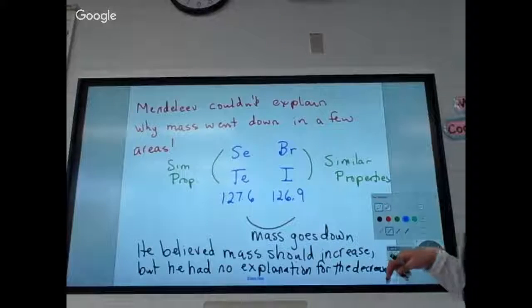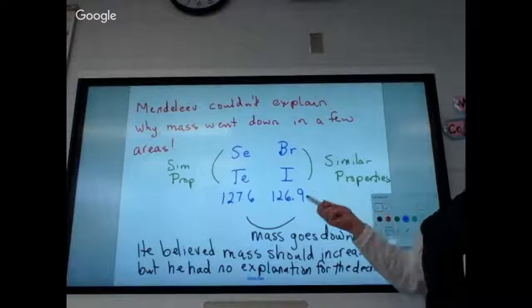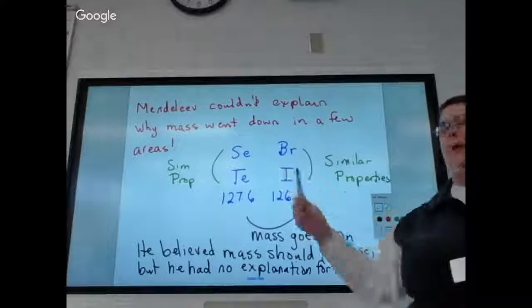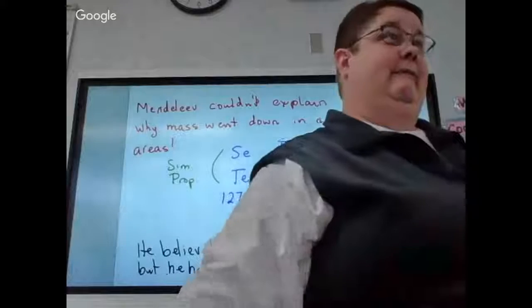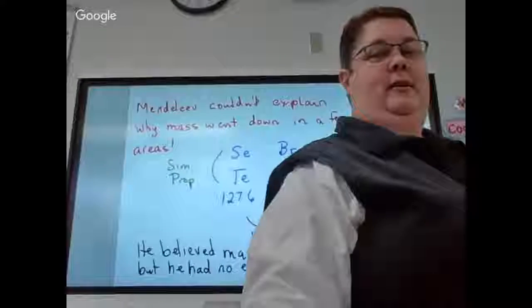Now, when we come back together after the test tomorrow, so on Wednesday, can anybody tell me what was discovered to explain why these are in the right place? A gap, missing element. I don't know. Something we've learned this semester. The atomic